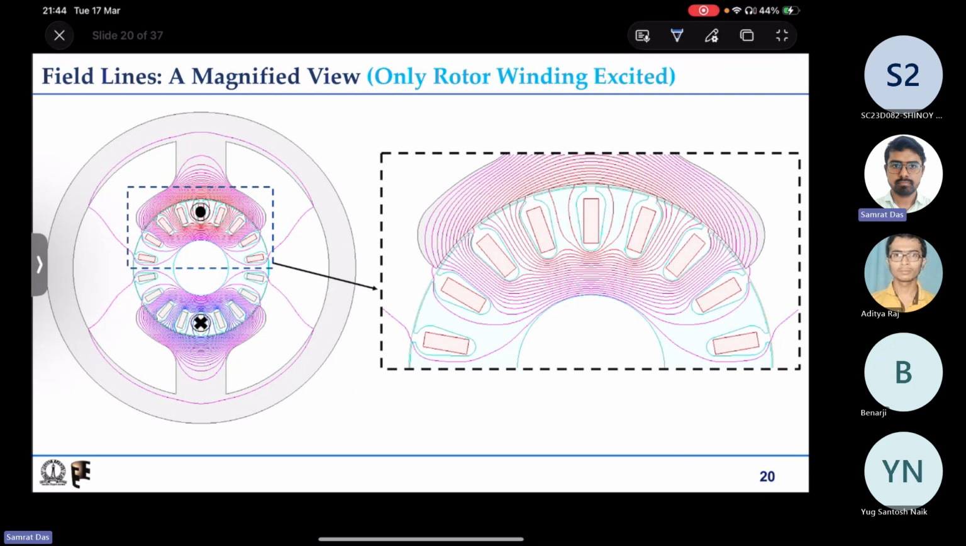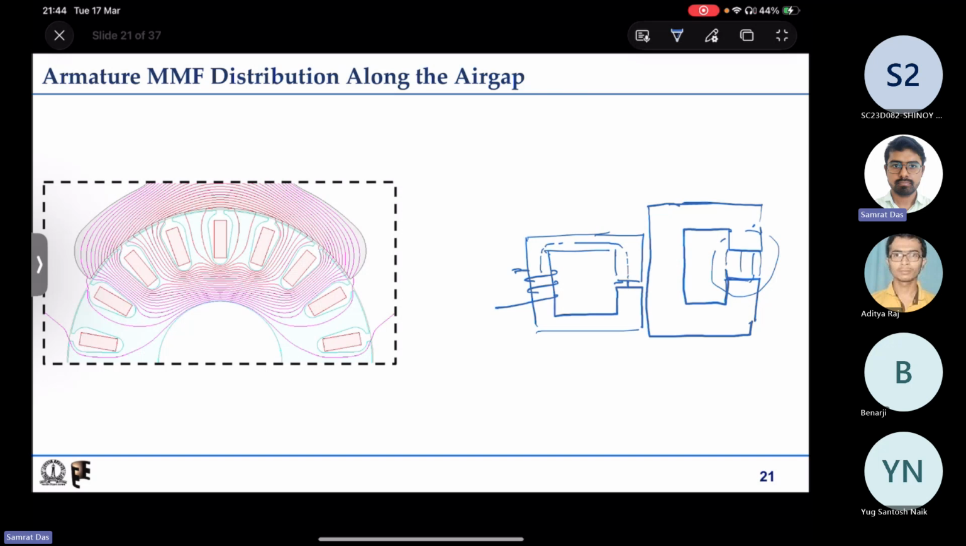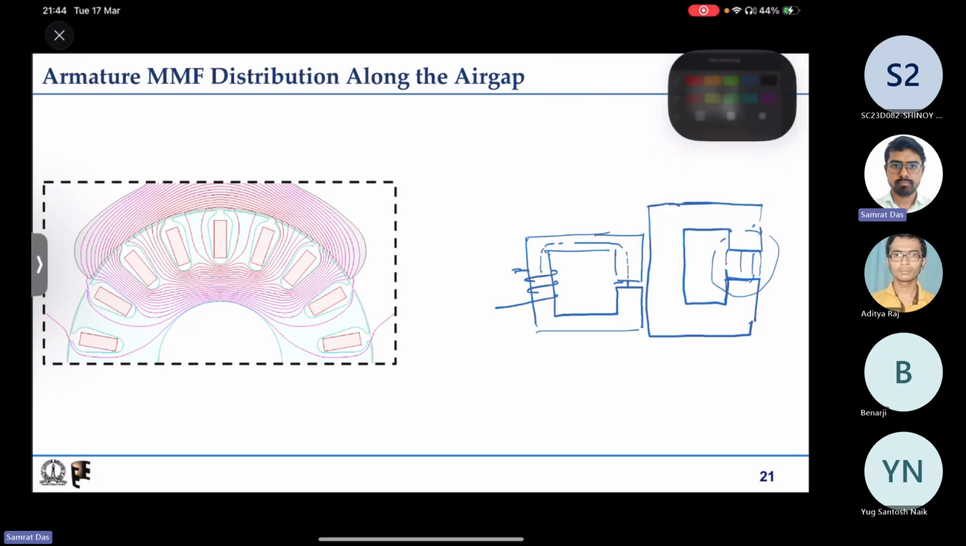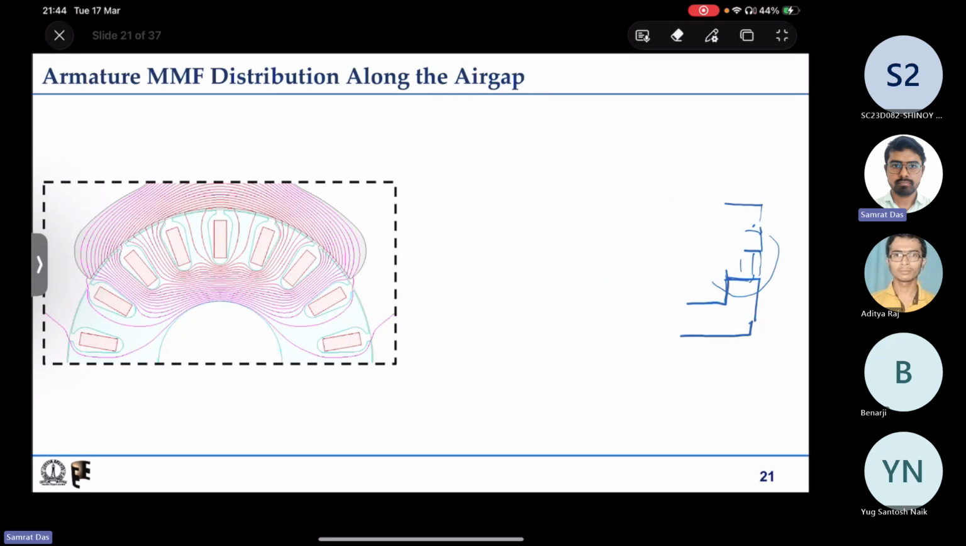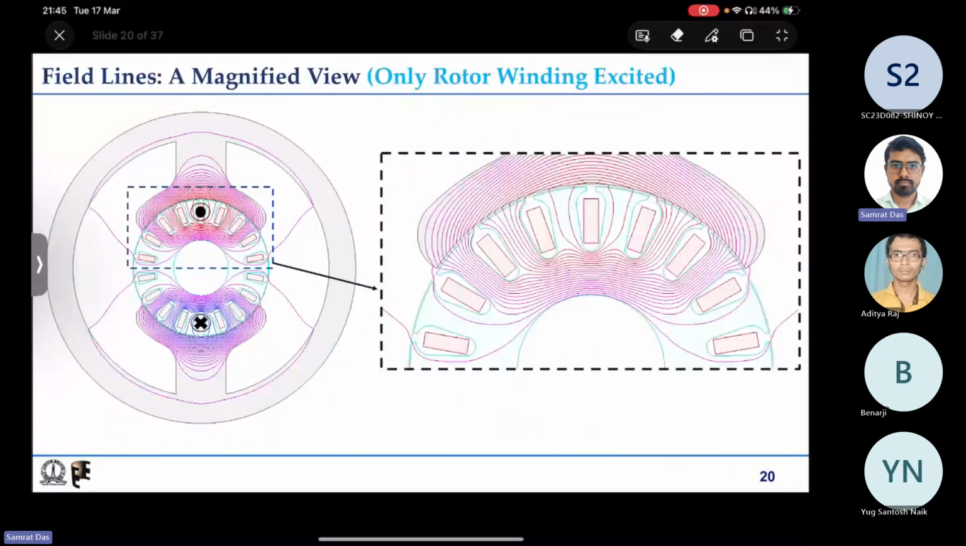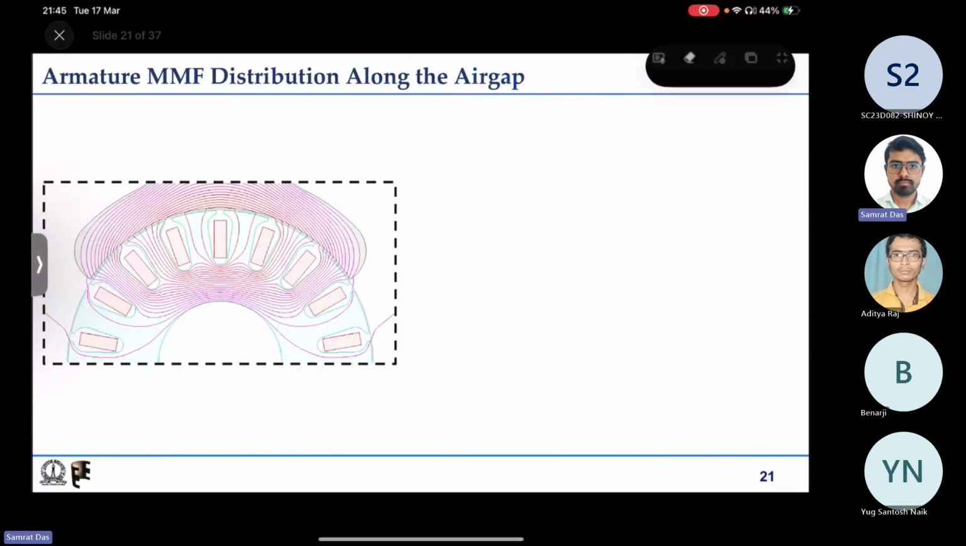So this is a zoomed in view of the flux line distribution for a case where only the armature winding is excited. Now let us try to take different contours and get the mmf distribution, and from there we will be able to appreciate why the B distribution was like that,